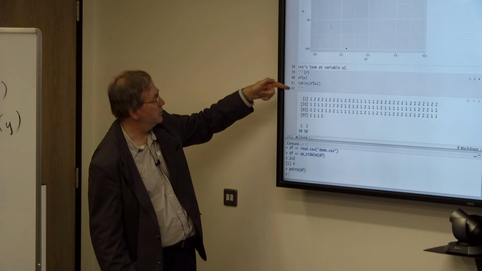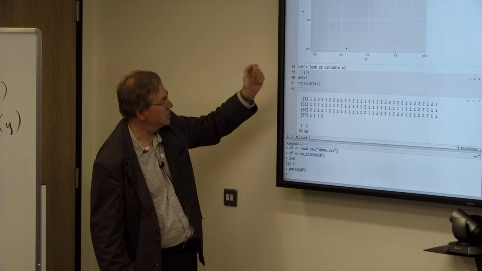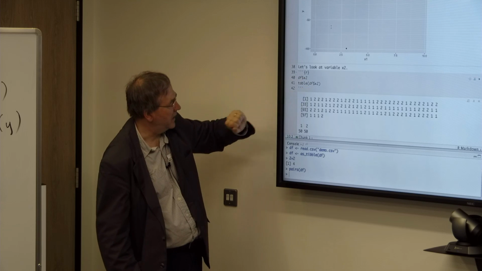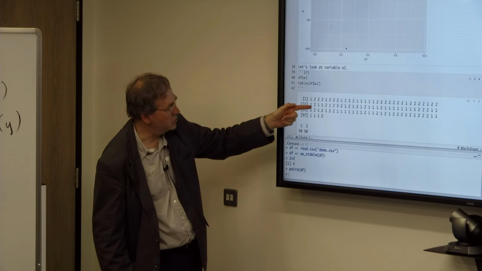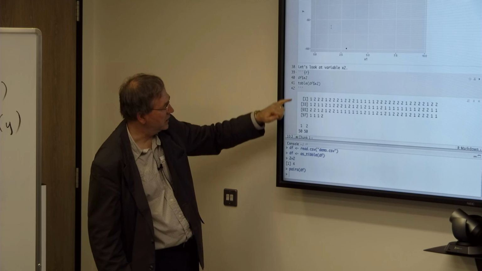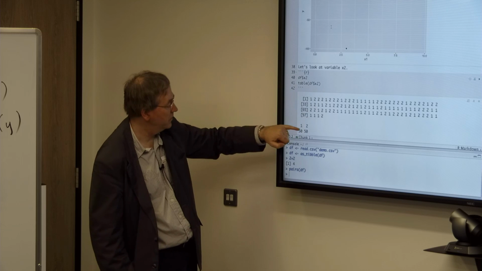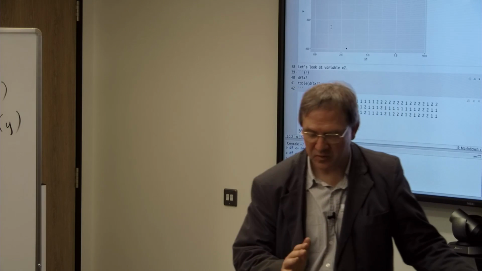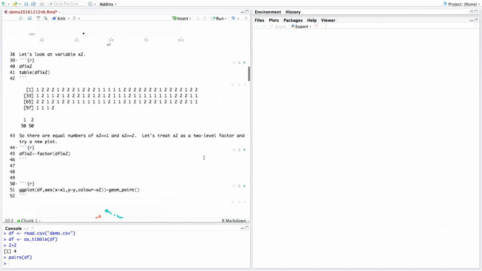So if we just run a bit more R, we can look at the X2 column, df$x2, and the table command takes a vector and tabulates it. So what it does is it takes the x2s, which is just a big string of 1s and 2s, and it notes that in the table there are exactly 51 1s and exactly 52 2s. Okay. So it looks as though x2 might be playing a role perhaps in specifying the left half and the right half. That might be a plausible hypothesis.